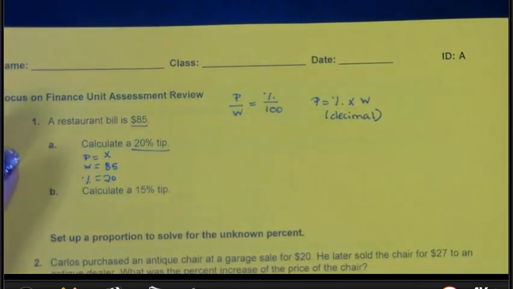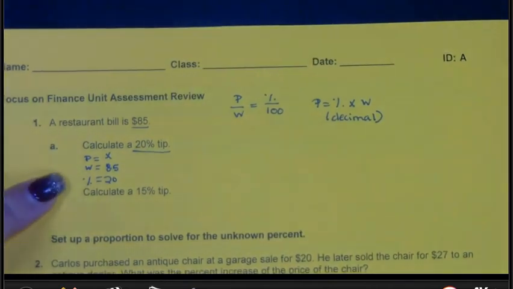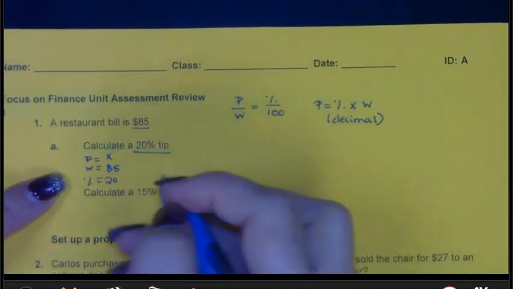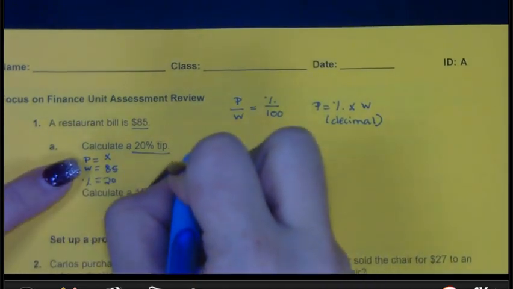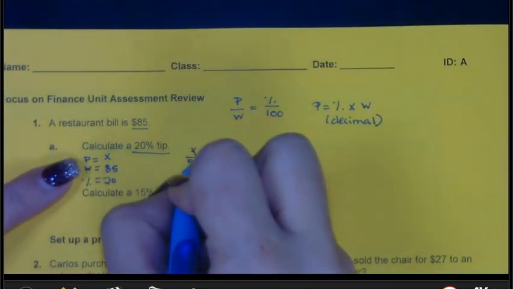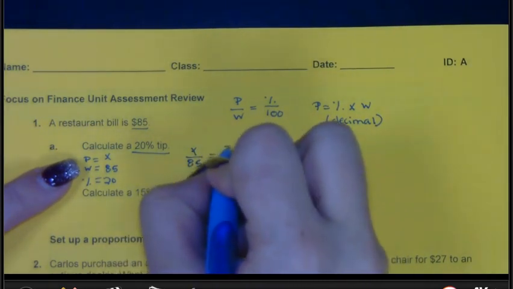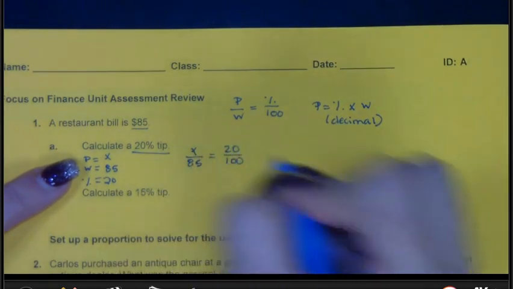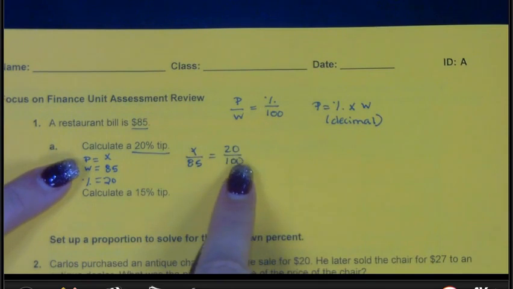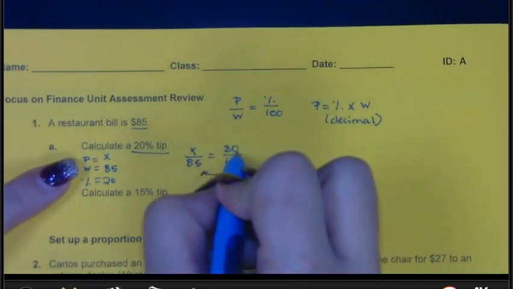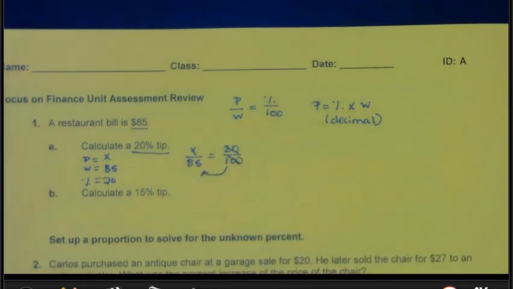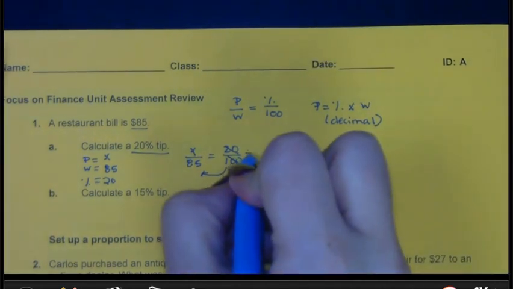Okay. For this one, let's go ahead and use the proportion. That way I'm going to show you one with proportion and one with the equation. So I do not know my part. So I'm going to have x over 85 is equal to 20 over 100. Well, I know that 100 cannot go into 85 nicely and easily. So I need to scale down or simplify my fraction of 20 over 100. I know that 5 can go into both 20 and 100, so I'm going to divide both top and bottom